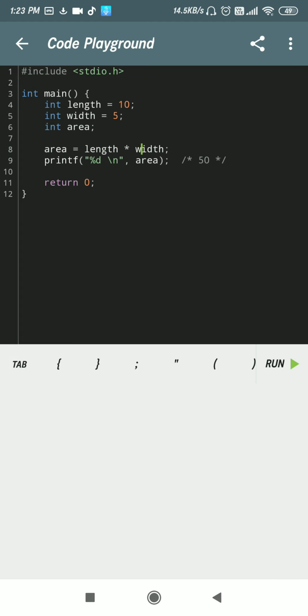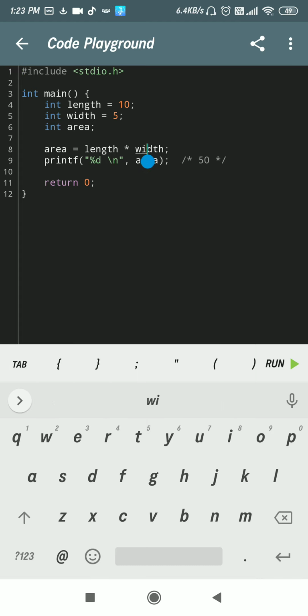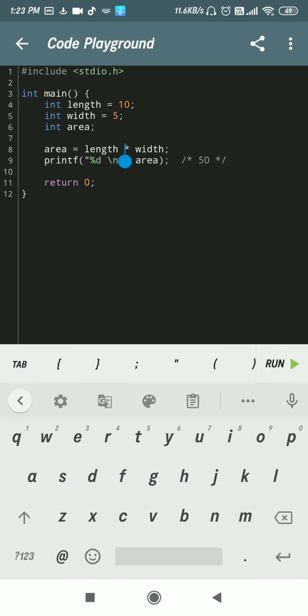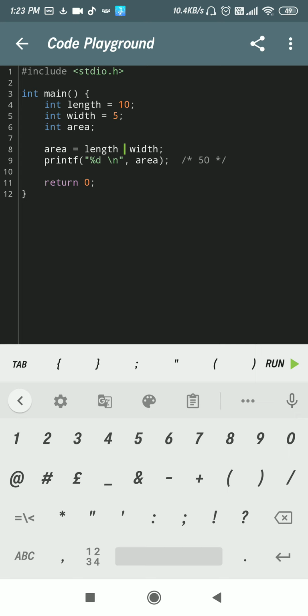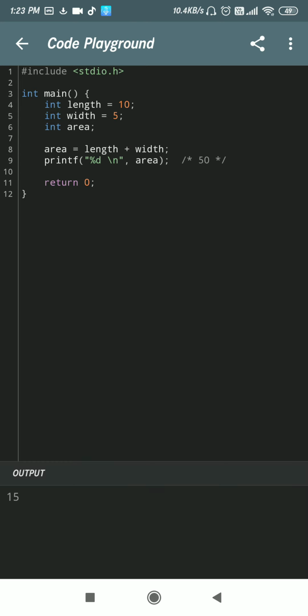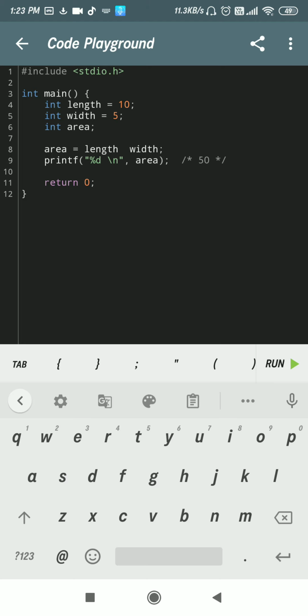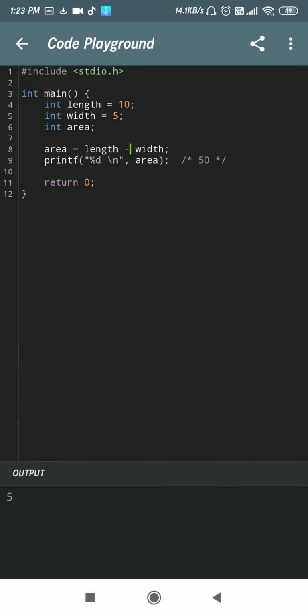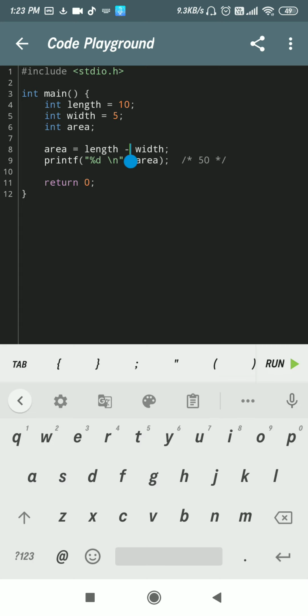Here, area equals length multiplication of width. You can see the result is 50. If you type plus here, it will show you 15. Then minus. So this is the arithmetic operator that you have used.